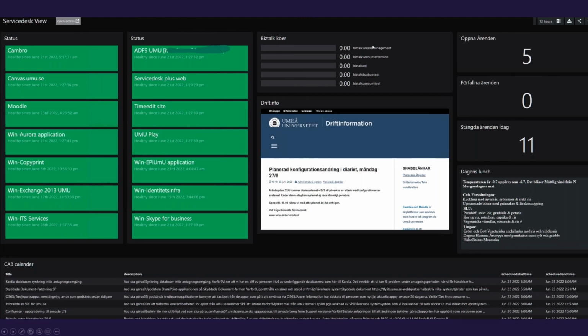Yeah. And here we have as well the open tickets, and they have how many tickets there are out of date that need to be taken care of right away. And they can also see how many tickets they've handled today. And that's as well, we are